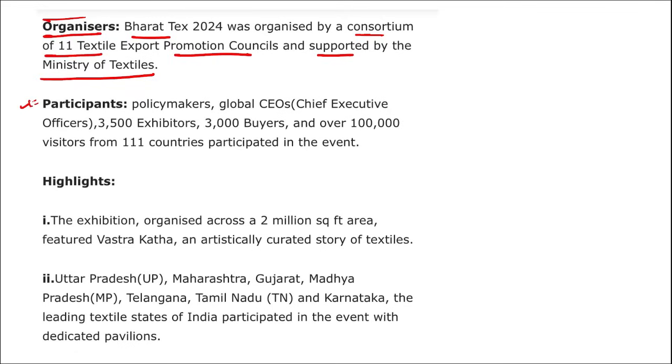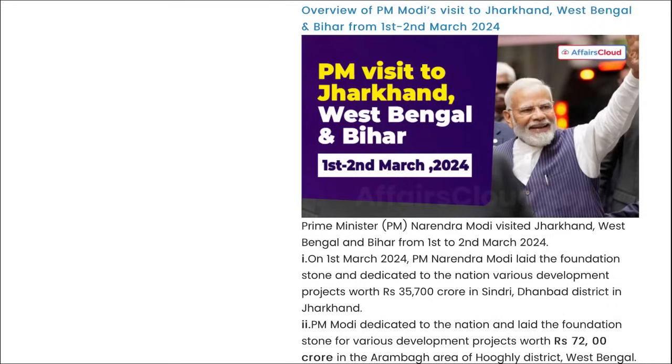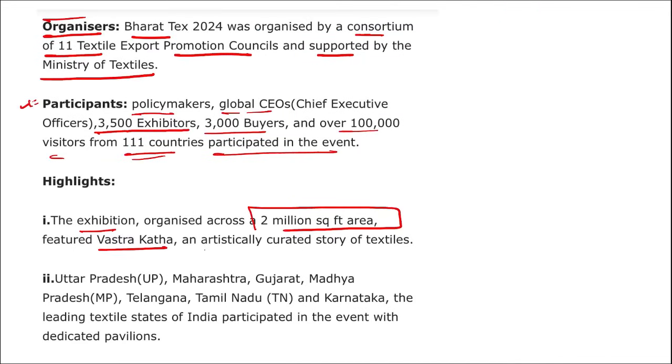Then, if we look at the participants here: policymakers, global CEOs, 3,500 exhibitors, 3,000 buyers, and over 1 lakh visitors from 111 countries participated in this event. And the exhibition, organized across a 2 million square feet area, featured Vastra Katha, an artistically curated story of textile. Here UP, Maharashtra, Gujarat, Madhya Pradesh, Telangana, Tamil Nadu and Karnataka, the leading textile states of India, participated in this